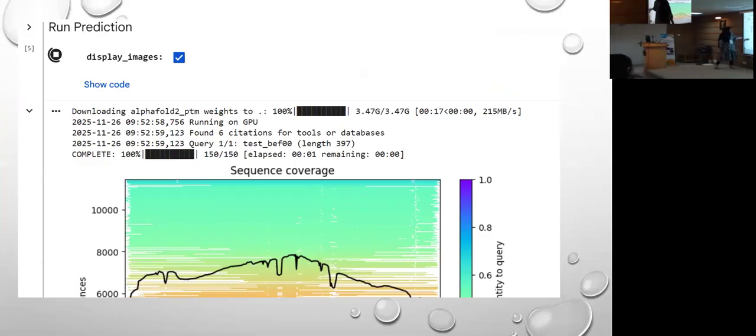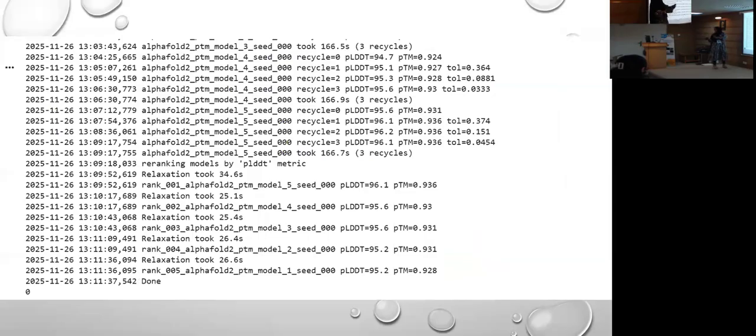Then it will run. At the end of the cell, depending upon how many seeds you took and how many recycles you provided, it will show the results like this. And when it gets completed, you will see the last line will be done.